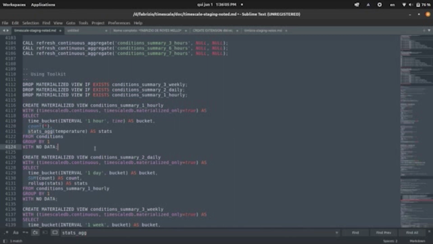Here is one example. Can you see my screen? Here is the base continuous aggregate, the first one that we connect directly to the hypertable. Then we store this stats agg, which is a partial state of the aggregation. And then in the next level, for example, we do a roll up